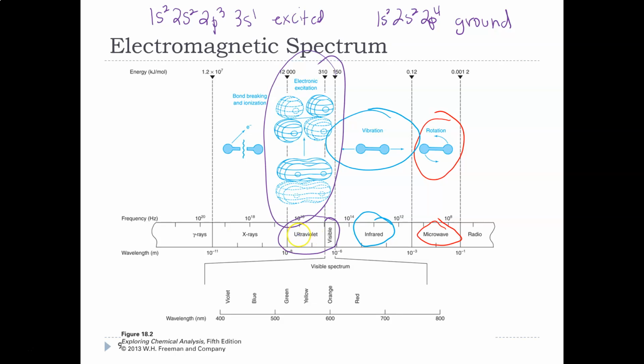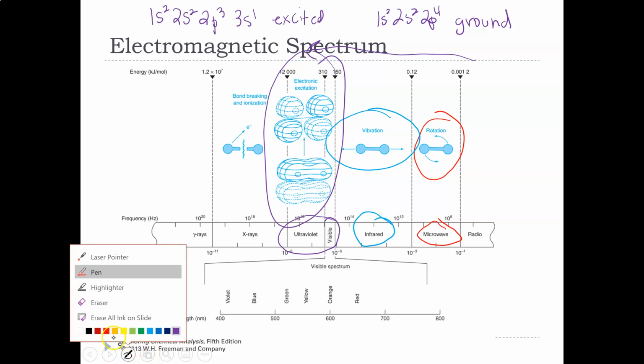So in the visible, if you shine ultraviolet or visible light photons at a molecule, we would see an electron move up to a higher energy level. But that is even more energy than infrared and microwave. So we would also see it increase in its vibration energy and its rotation energy. What's happening is as we go this direction, we're just adding on top of them. If something has enough energy to increase its vibrations, it also increases its rotations. If something has enough energy to do an electronic transition, it is also increasing the vibrational and the rotational energy. So looking at the next level of energy,